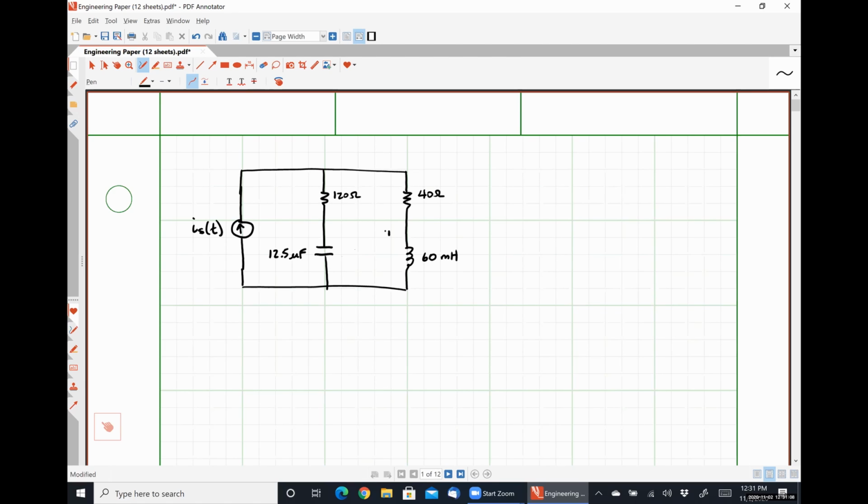Our ultimate goal is to find the voltage drop over this inductor with respect to time, where we know that IS of t, our excitation function, is 500 cosine 2000 t plus 12 degrees